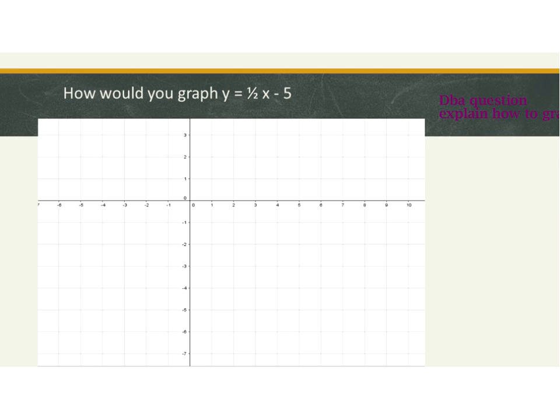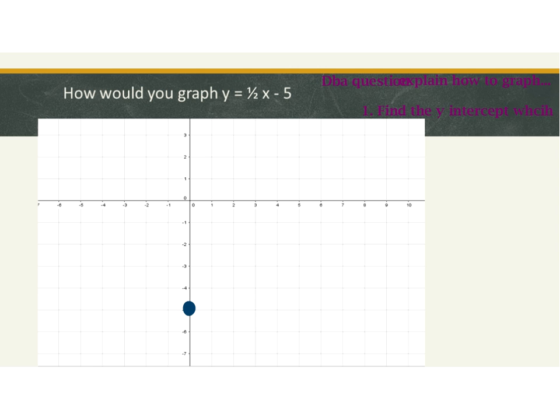So I'm going to explain how to graph because I expect you to do it, so you pay attention and take notes. The first thing I'm going to do is identify my y-intercept and place a dot on my y-intercept. I think it's important that we follow steps. So my step 1,